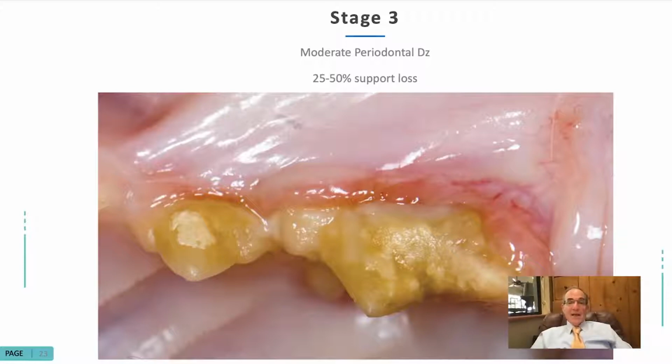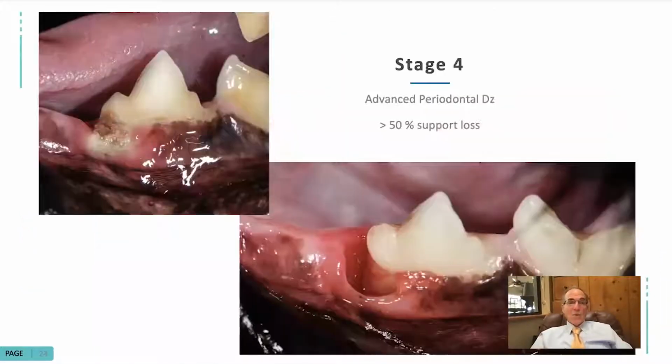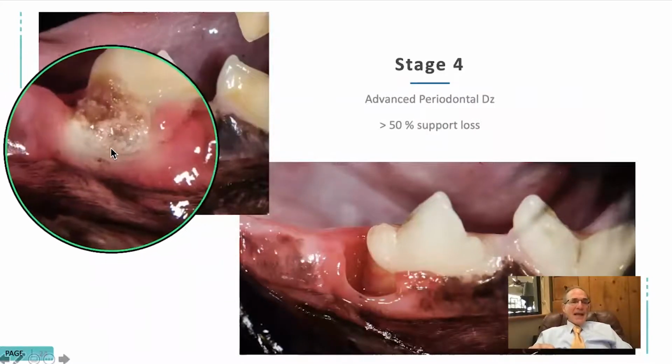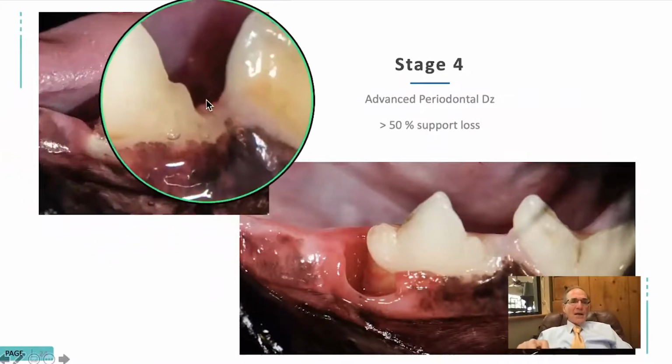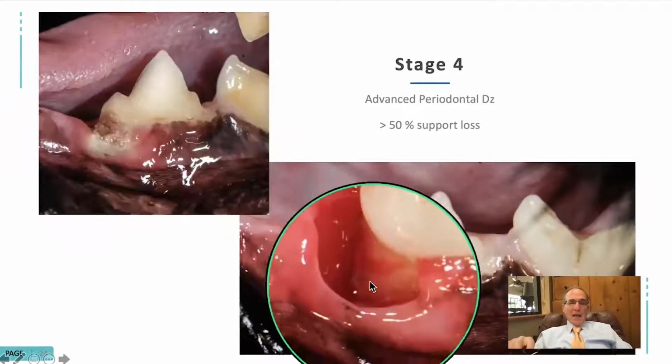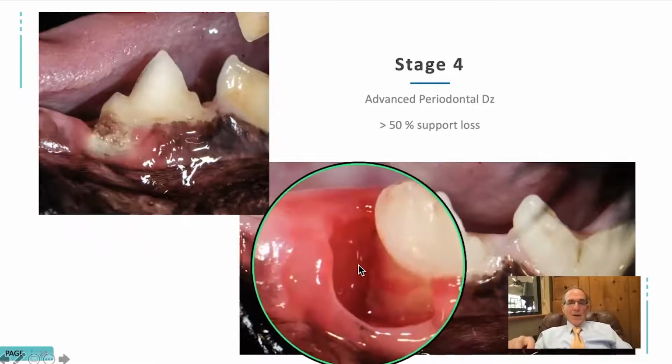You can see how the gingiva is swollen and it's no longer knife edged, and it's no longer just gently laying against the tooth because there's a lot of tartar and plaque, and it just builds up and gets quite thick. And then stage 4 disease, this cat presented with a concretion of plaque and tartar on the mesial root of the 4th premolar. And once we cleaned it, you can put a whole dinner in there.